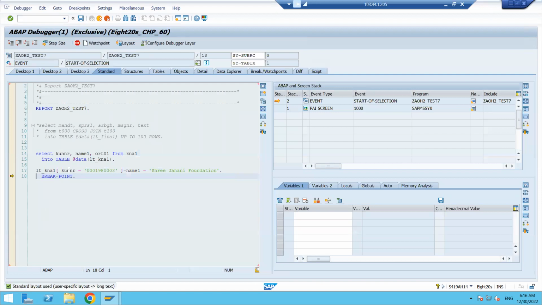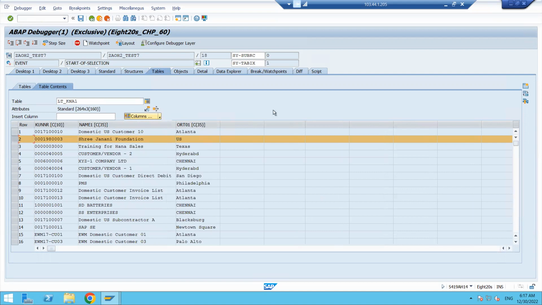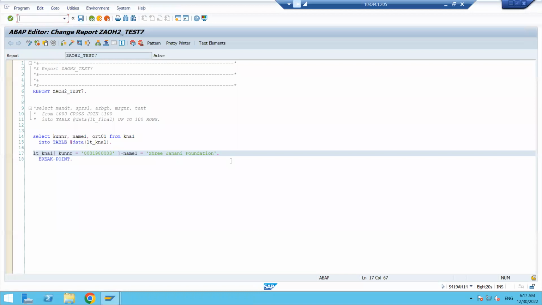Now double click on this internal table LT_KNA1, and if we check the customer number 198 all zeros 3, this is the second record, the name is changing here. Okay, it is not required, internally it is modifying the data. Not required any modify syntax like that. Okay,